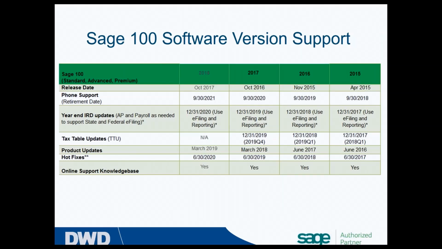You'll notice that phone support also tapers off as each version year comes into fruition. Now, if you've got access to Sage's knowledge base, which I hope everybody takes advantage of, that information is out there, it's accessible. You'll even find references to historical obsoleted versions, but the question and answer knowledge base is out there.